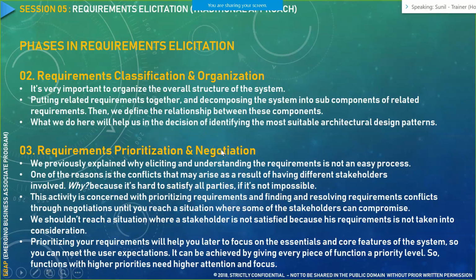If they say yes, this is high priority, you should ask them questions. Why is this high priority? What is the reason behind why you have categorized this requirement as high priority? You should negotiate it so that it goes easy for the development team, or the team who would be implementing those requirements. See how business works: out of 1,000 requirements, they would say 700 are high priority, but you cannot deliver 700 requirements in one go. You have to negotiate it. So as a business analyst, you have to use your negotiation skills when you are prioritizing the requirements.